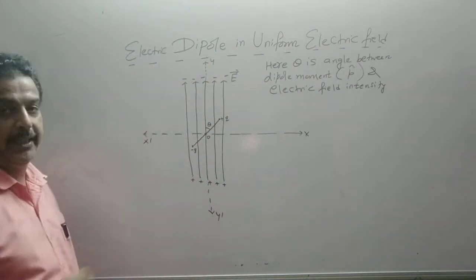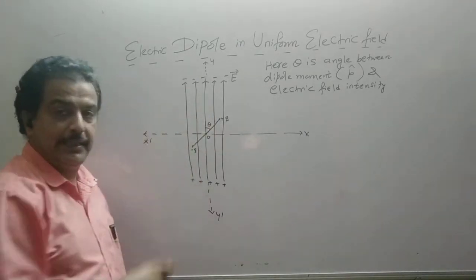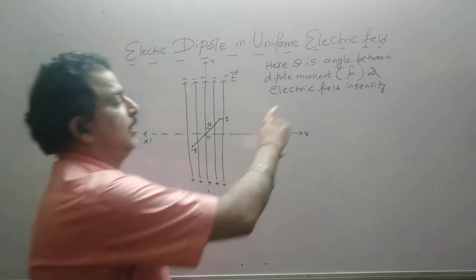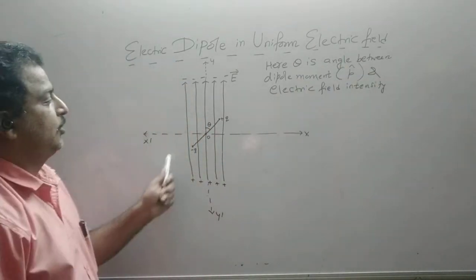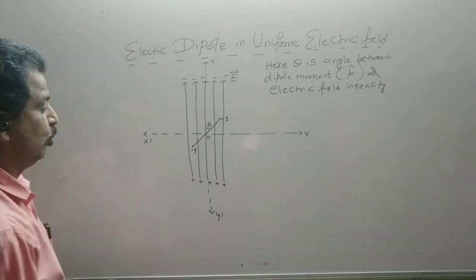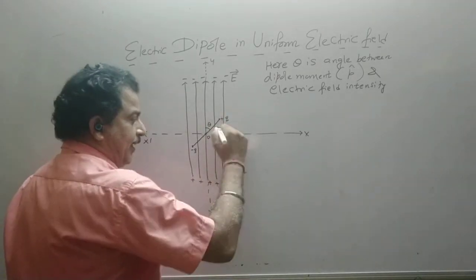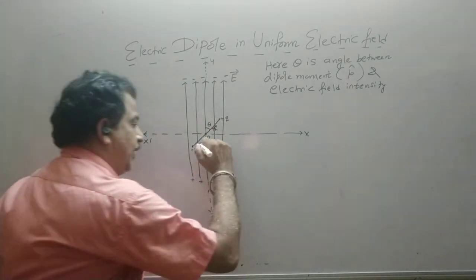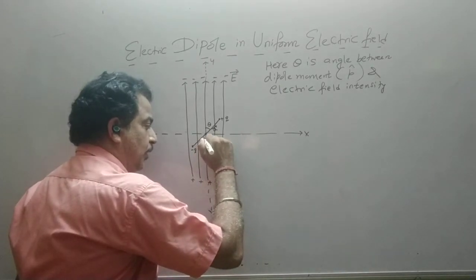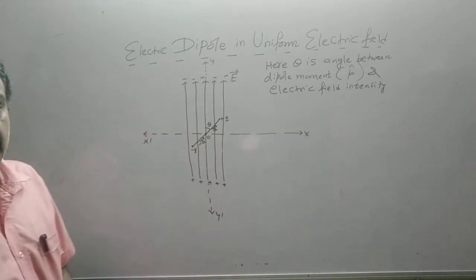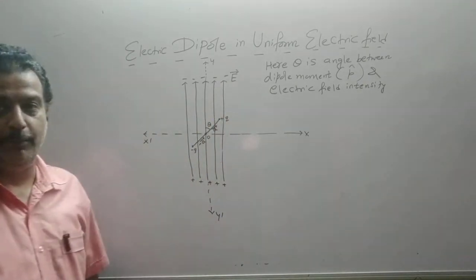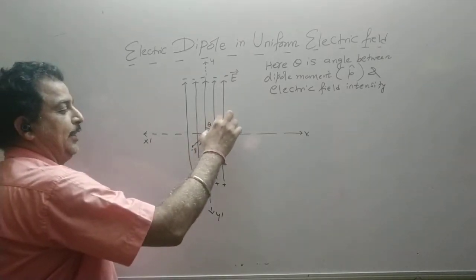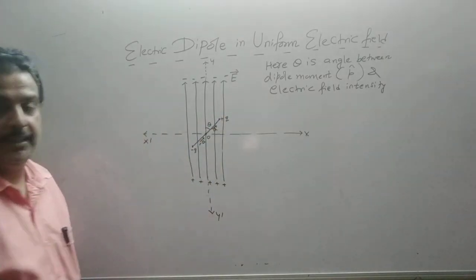So how the theory goes, that we place an electric dipole in a uniform electric field which is along the y-axis. The dipole is placed in such a way that it makes an angle theta with the electric field intensity. The direction of the dipole moment is from negative to positive charge. Now if I take this distance as a cap, then this should be taken as a vector and minus a vector, because the total distance of a dipole was represented by 2a vector. So this is positive axis, so I take a vector, this as minus a vector.